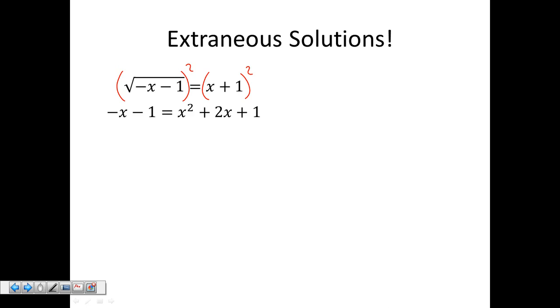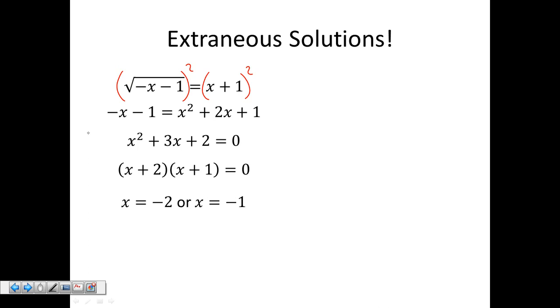So I have negative x minus 1 equals x squared plus 2x plus 1. Now I'm going to solve it like a quadratic. I'm going to get common terms together, all on one side of the equation so that it equals 0. I factor. I have x plus 2 times x plus 1. I set both of those factors equal to 0 and I get x equals negative 2 or x equals negative